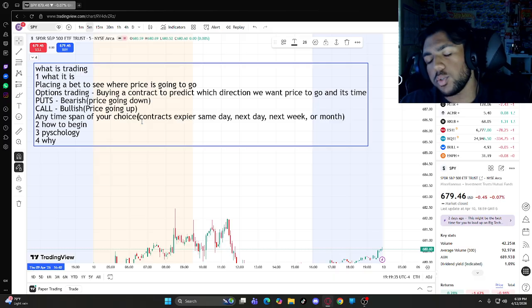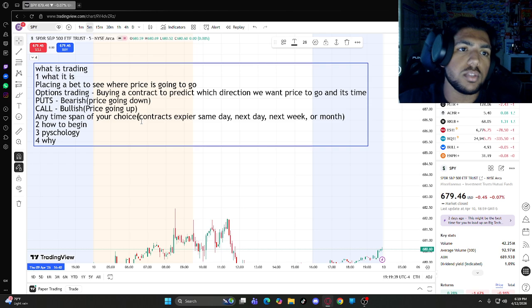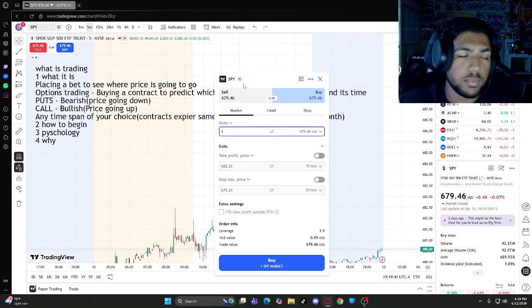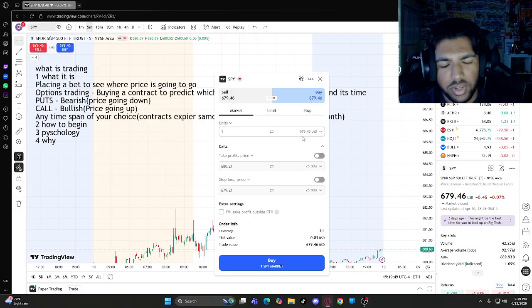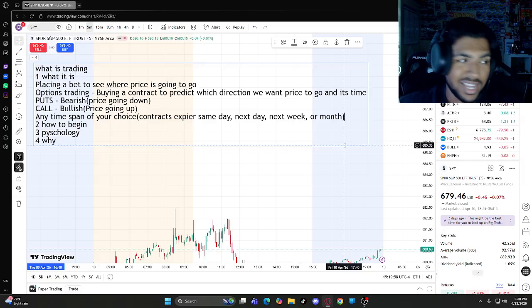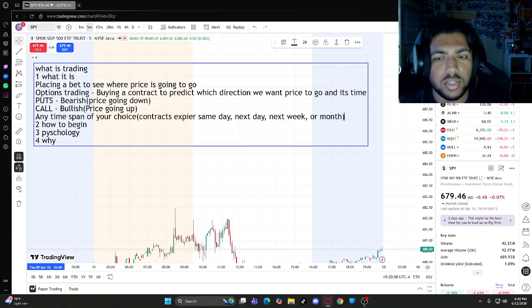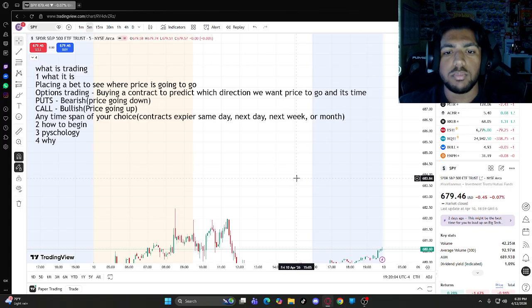That's why I love options trading so much, because I feel like it's the most beginner friendly way to do it. If you look at something like this, where we see SPY and this thing pops up on the screen, you have USD, you have balance, you have risk USD, you have risk balance, and that can be a lot and really complicated for someone getting into this for the first time. Just because options trading is my favorite doesn't mean it doesn't work. People make insanely big money on options trading. It's just a bet, and the closer you are to your goal amount, the more money you receive.